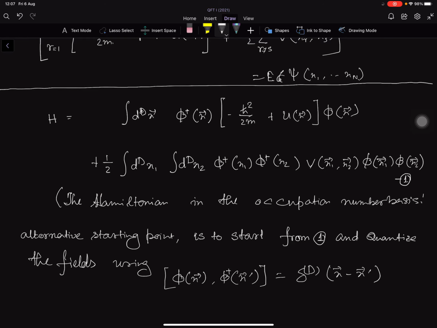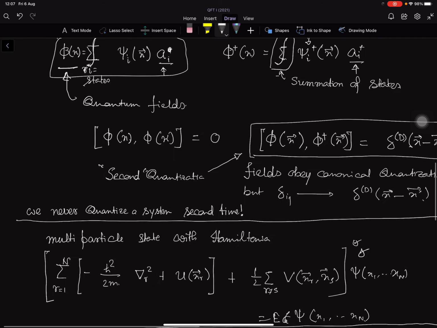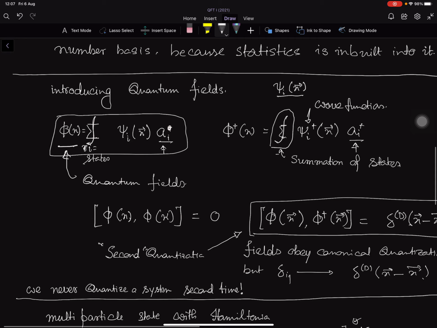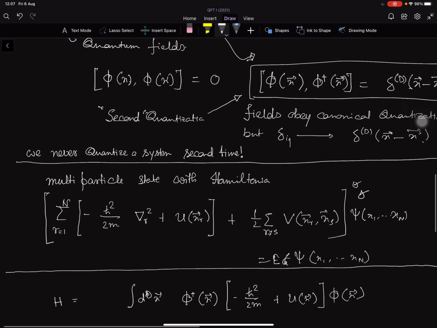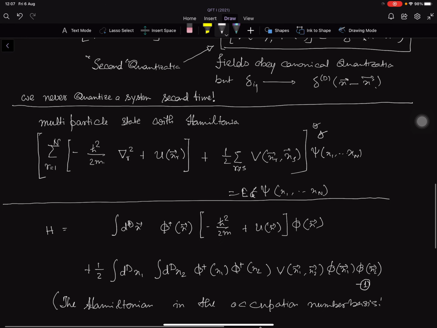Okay, so let me try to rephrase it once again. What I try to say is that firstly we define these quantum fields. In our way, we started from the quantum multi-particle Hilbert space, and we defined the quantum fields in terms of the wave function and these ad hocly defined A and A dagger operators. But the important thing is that we found that they obey this canonical commutation relation. Okay, and then what we have claimed here, this part we did not show, but you can check it very easily, because if you start from this Hamiltonian,